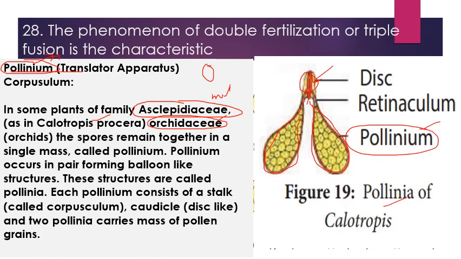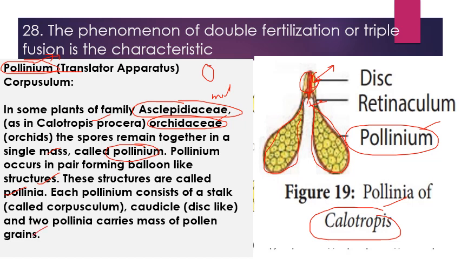whole pollen sac, this structure which is joined by a disc-like structure, is known as pollinium. Pollinium is singular, pollinia plural. This whole structure is carried by an insect. So that structure is known as pollinium, as it is found in members of family Asclepiadaceae like Calotropis. So the pollen grains remain together in a single mass called pollinium. Pollinia occur in pairs forming balloon-like structures. And each pollinium consists of